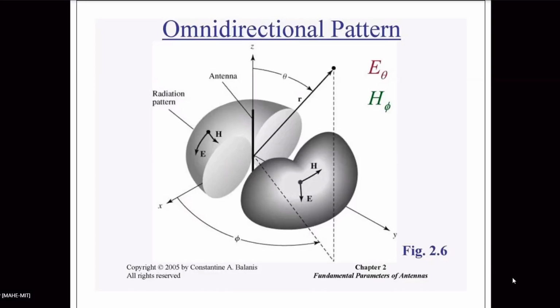About radiation pattern. Now, I said it is a function of the amplitude versus theta and phi. Now, why do you think there should be a radiation pattern? Can anybody answer? Why do you think there should be a radiation pattern for an antenna? I mean, there should be some pattern.